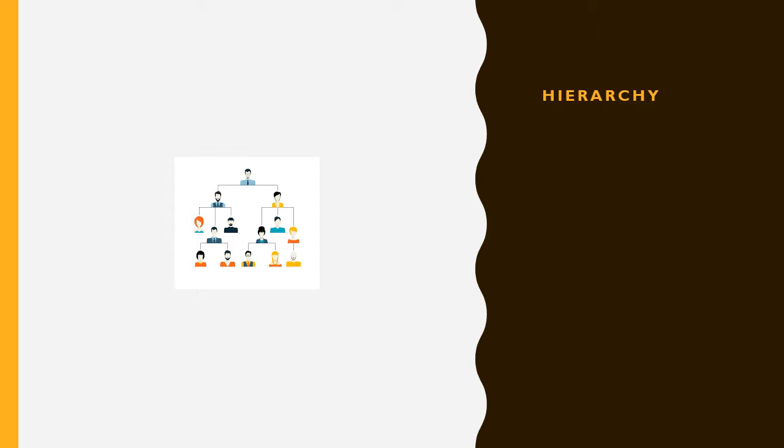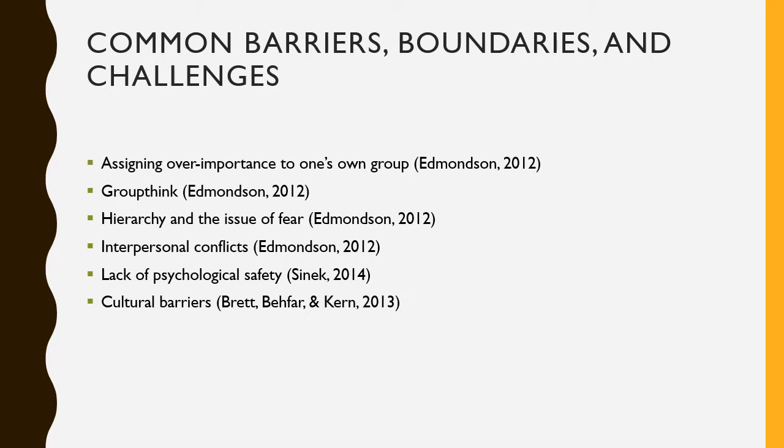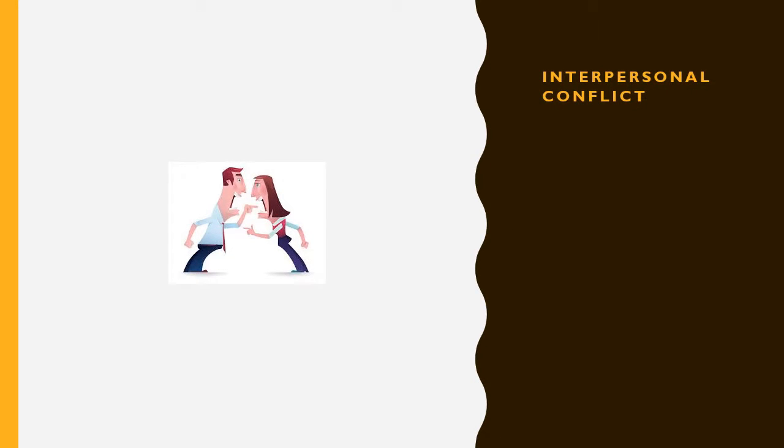A third challenge that face-to-face teams face is the issue of hierarchy. This is oftentimes a sensitive variable to work around simply because today's employees still have a sense of fear and intimidation instilled in them regarding their superiors. Employees tend to stay away from situations that carry some type of risk for their career, such as challenging a superior about an idea, disagreeing with a superior, or shedding light on poor decisions made by a superior. This hesitation brought on by fear might result in incomplete execution of tasks or team members not fully participating in teaming and, therefore, limiting the collaboration potential.